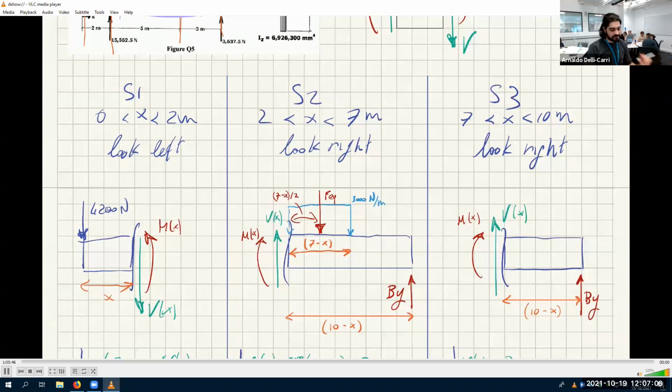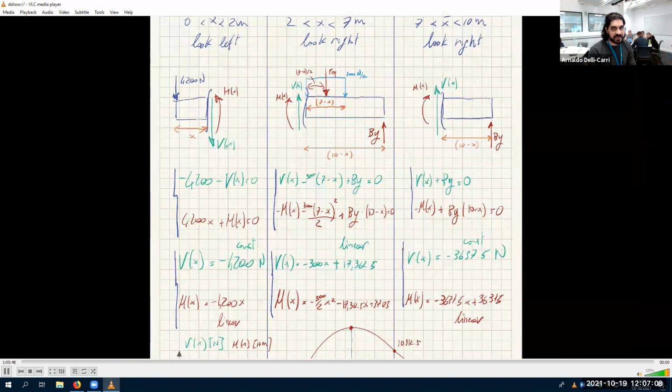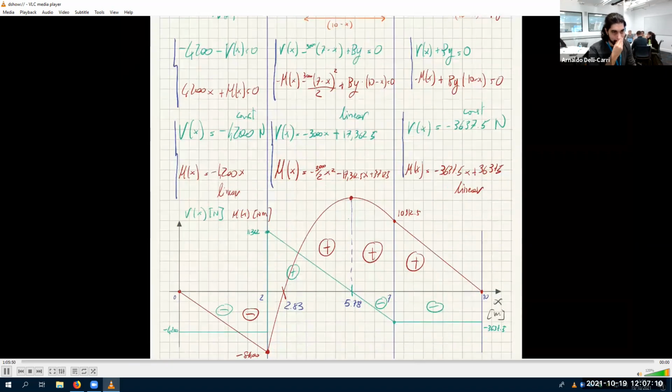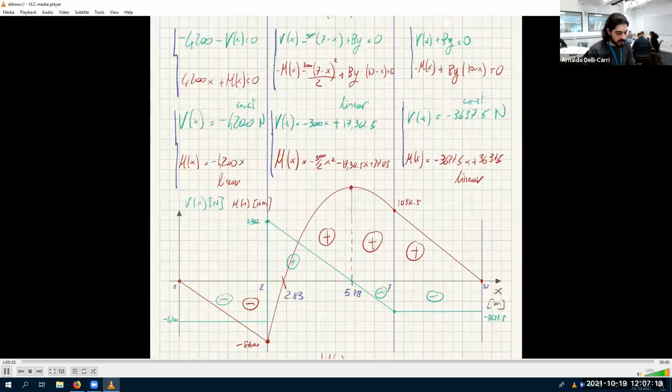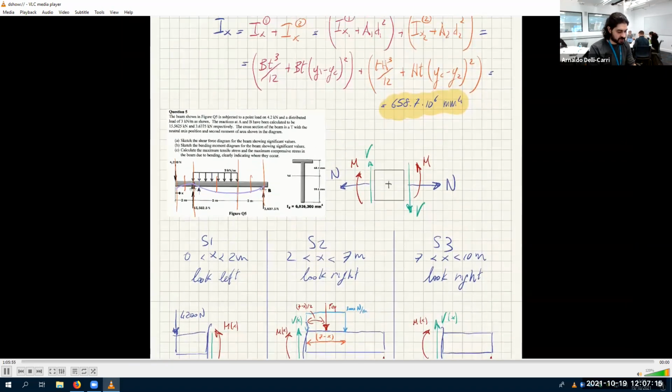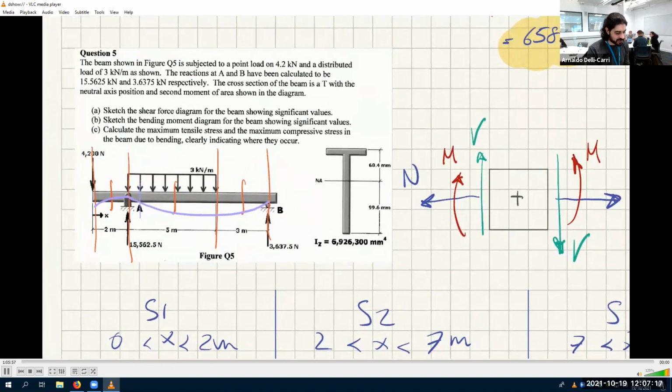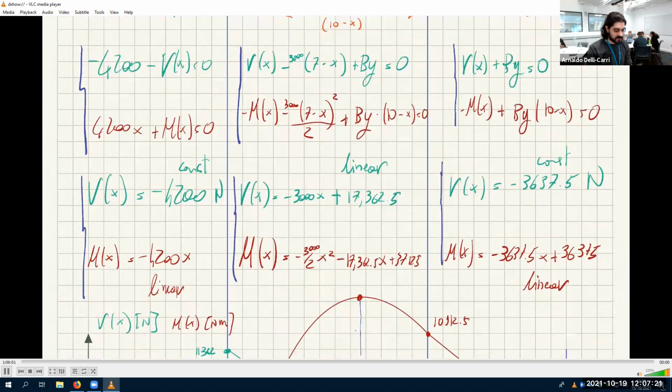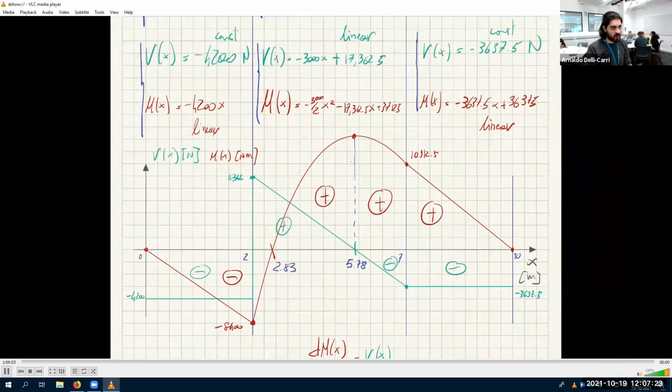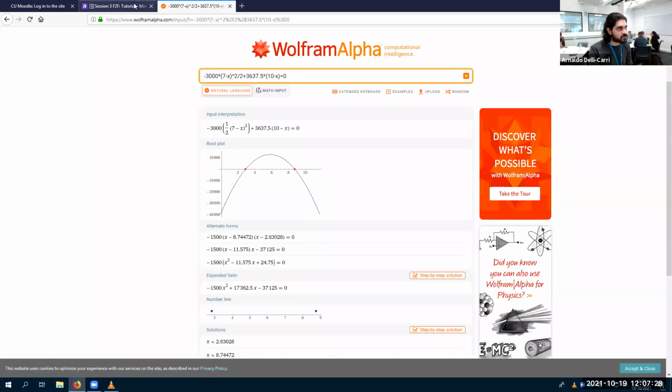Okay, so let's resume. I just noticed that we didn't answer the question. It says calculate the maximum tensile stress. Okay, so we ended up calculating the largest bending moment, which is, I'll just use the